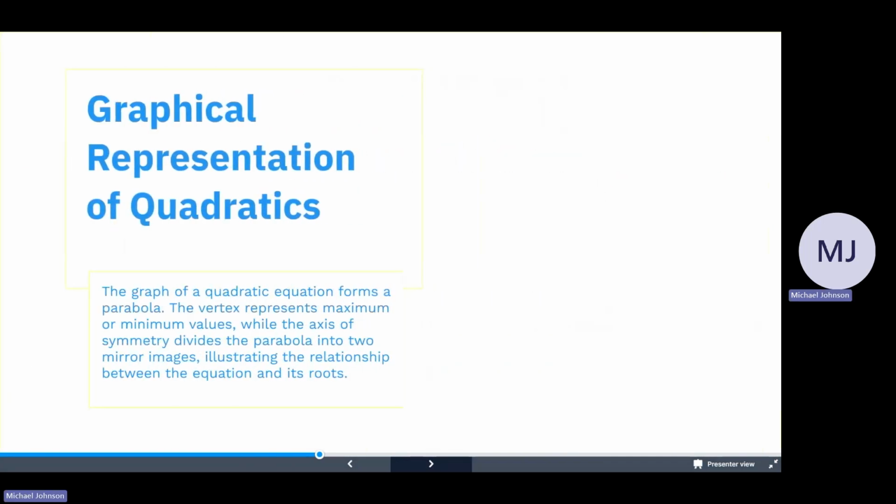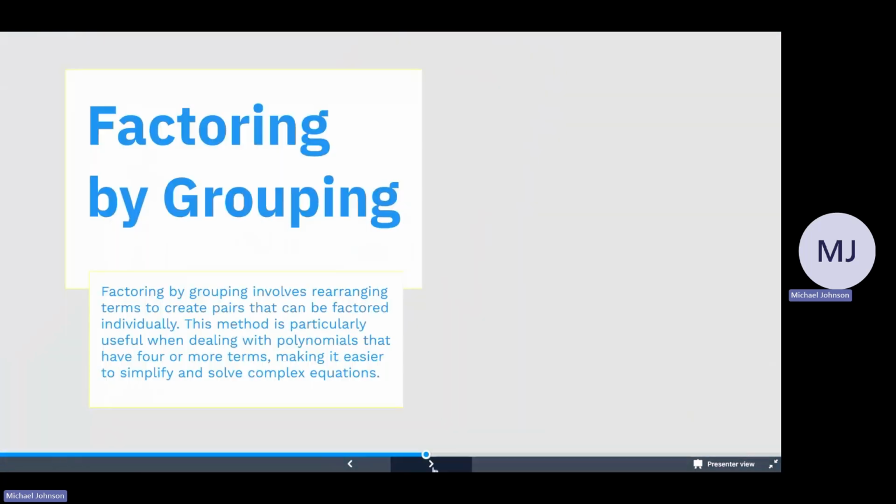The graph of the quadratic equation forms a parabola. The vertex represents the maximum or minimum value, while the axis of symmetry divides the parabola into 2 mirror images, illustrating the relationship between the equation and its roots. Factoring by grouping involves rearranging terms to create pairs that can be factored individually. This method is particularly useful when dealing with polynomials that have 4 or more terms, making it easier to simplify